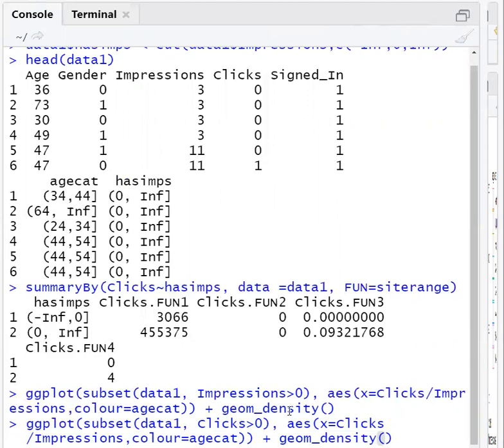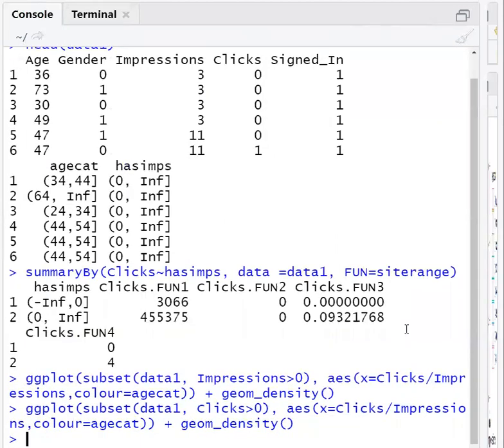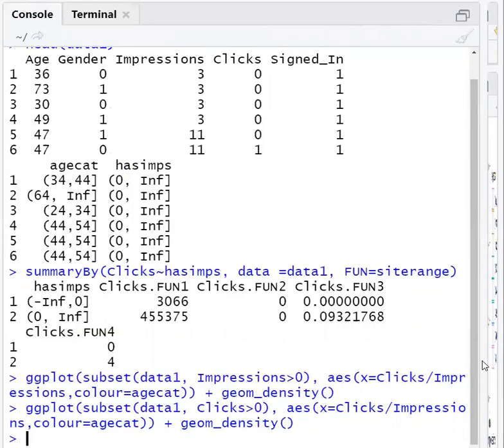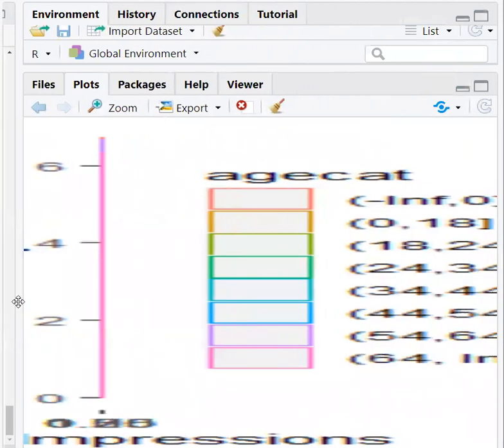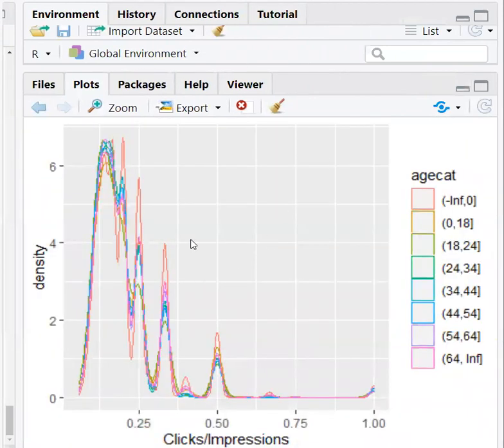Now it is clicks greater than 0. Whether they are signed in or not signed in will not bother. So this is the density graph. It is varying quite a bit. Each color indicates a different age category, and for each age category, this is the density map.